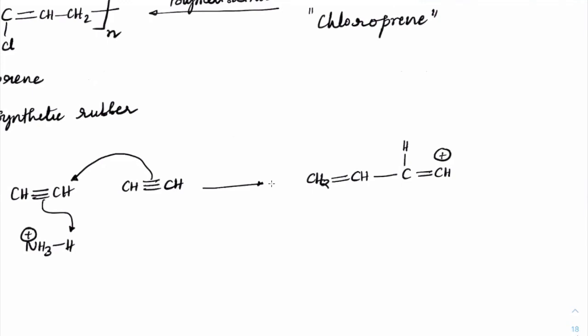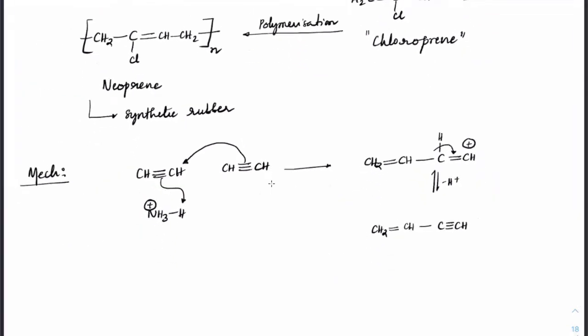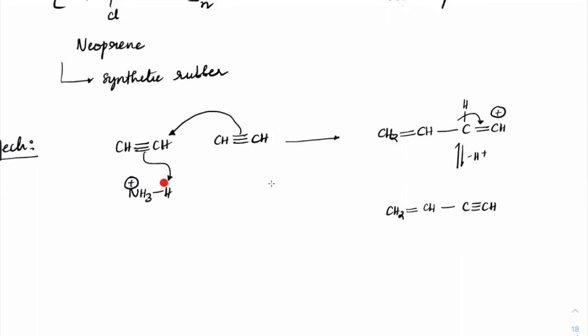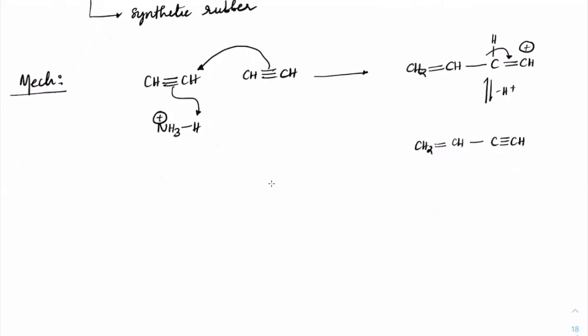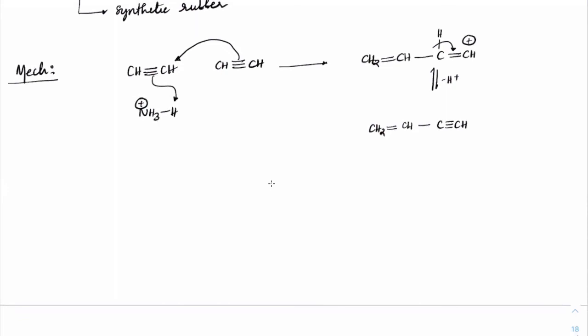Since the vinyl carbocation is unstable, carbon will take away electrons from H, releasing H plus, and makes CH2 double bond CH C triple bond CH. That's why we are using it in acidic medium, so that H plus can act like a catalyst. So it got added first, then it got removed, and we got this structure. Clear, everyone? So this is the first step. See the second step. Once you get this vinyl acetylene, CH2 double bond CH, C triple bond CH,